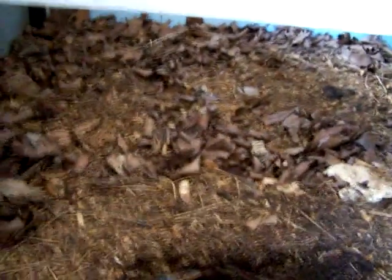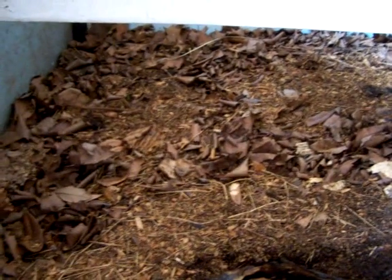And what I want to discuss is that some people don't realize how much worms actually reduce garbage or waste or whatever you want to call it. And the thing is that they can reduce garbage a lot more than you think they can. But what I want to discuss is that